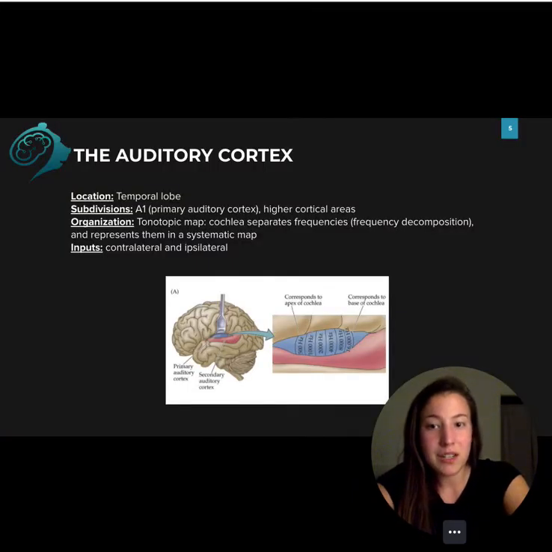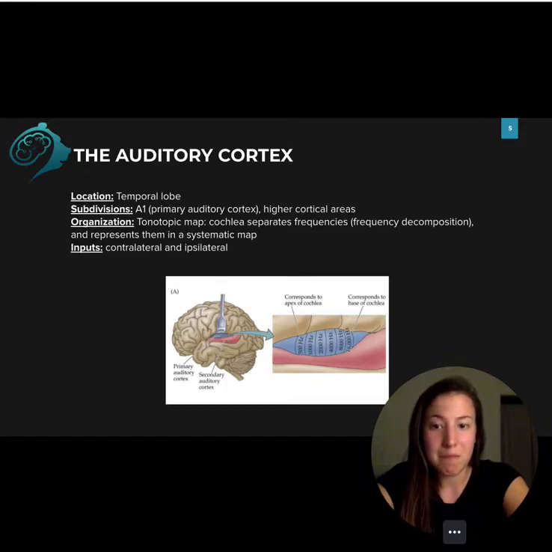So the auditory cortex is located on the top side of the temporal lobe. Out of the cortices associated with sensation, there's relatively little known about the auditory cortex, but we know it can be subdivided into A1, which is the primary auditory cortex, and higher cortical areas. The primary auditory cortex is loosely organized according to characteristics of sound. The most prominent organizational feature is frequency, which we will see as a theme as we move on in the auditory cortex. Many pathways leading to the auditory cortex are arranged according to a tonotopic map, which means they're arranged